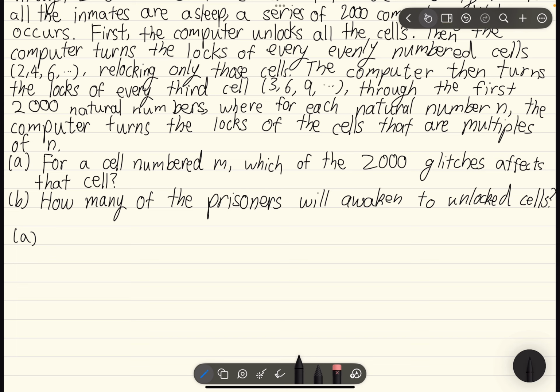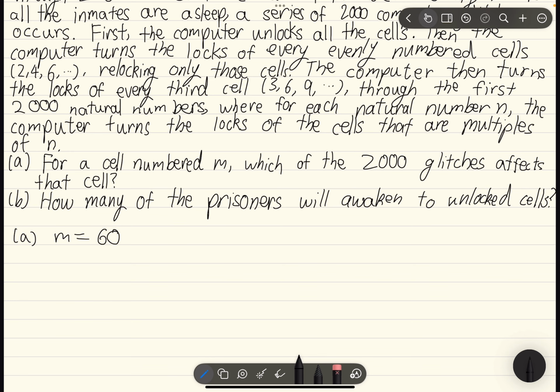Well, we know from the question, which is quite long in this case, but not that hard to understand, that the nth glitch turns the locks of all the cells that are multiples of n, from n to 2,000. So, if we want the mth cell to be affected, then we want numbers that are factors of m. So we want numbers that are factors of m to be the glitch. Okay, so let's say m was